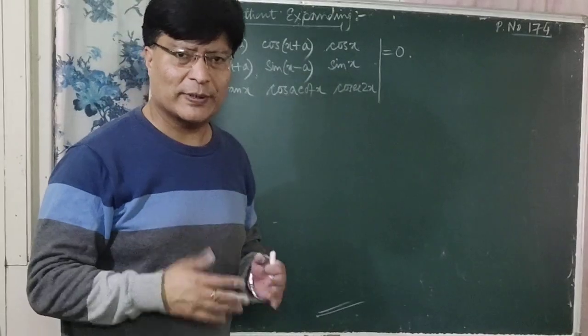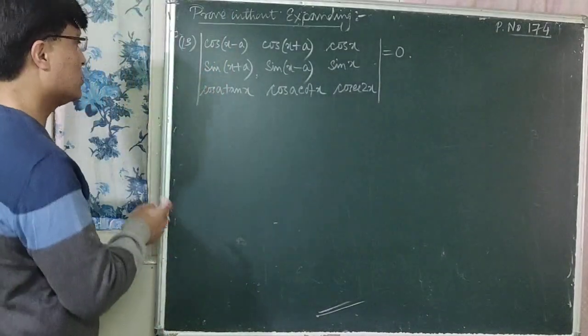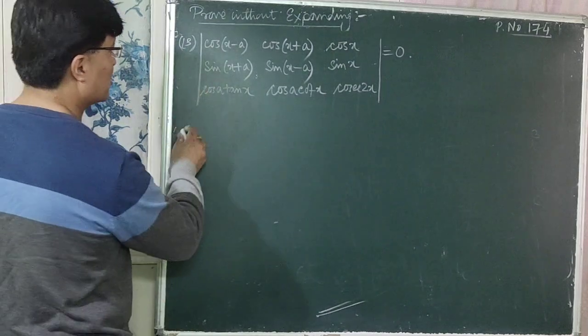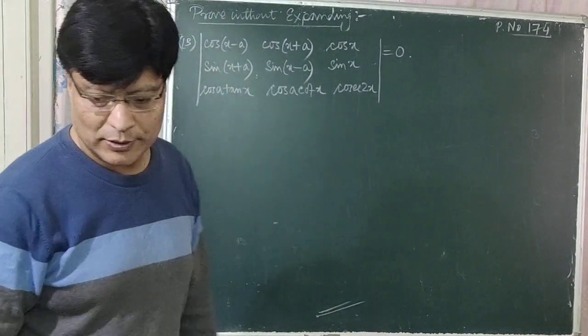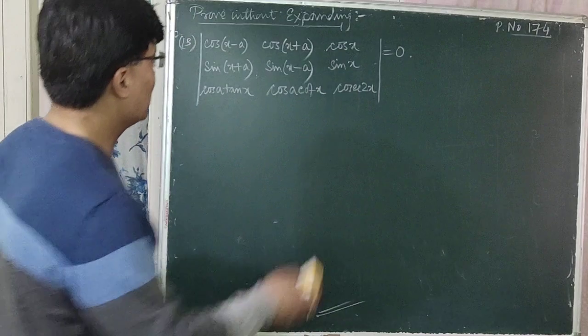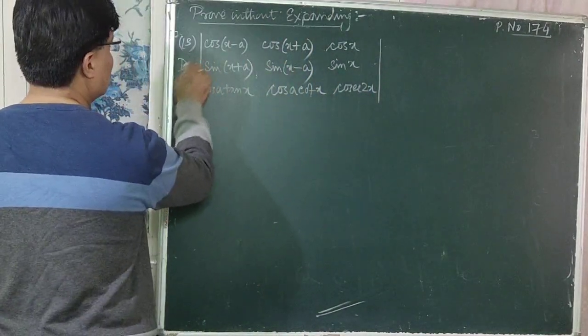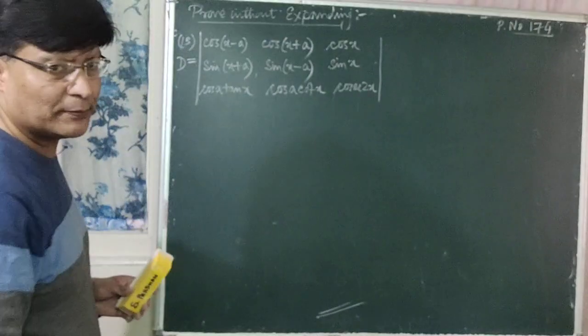Trigonometry use also, so you can simplify it. Okay, so let us use problem number 5. First of all, you have to write d is equal to this. You can copy this question. You have to prove LHS is equal to 0. So suppose this is d is equal to this one. Okay, you can copy it